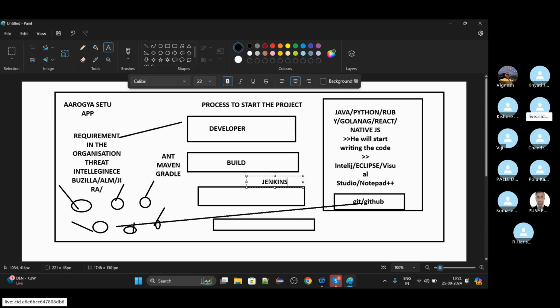As well as, whenever you are using Git or GitHub, this code when you are executing, you are running on your system only. When we run anything in the system, it means it is a local environment. But when you run anything in the local environment, for example, your working hours are like 9 to 5.